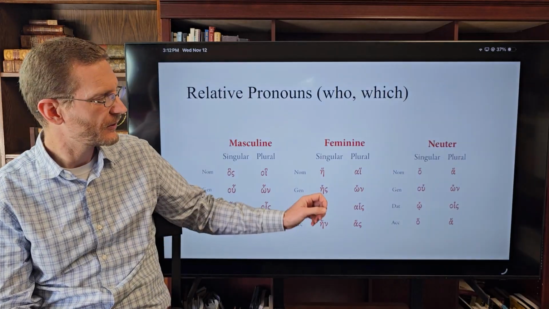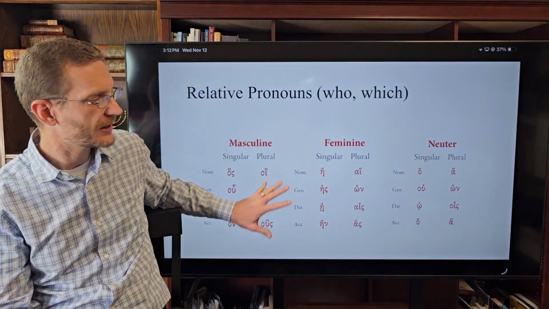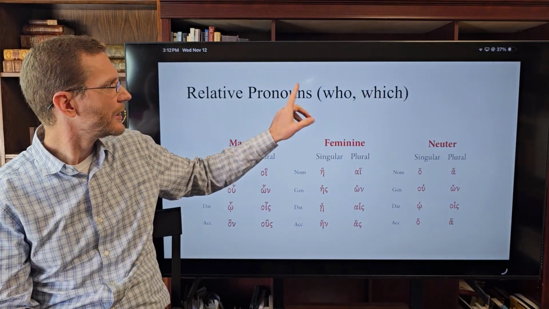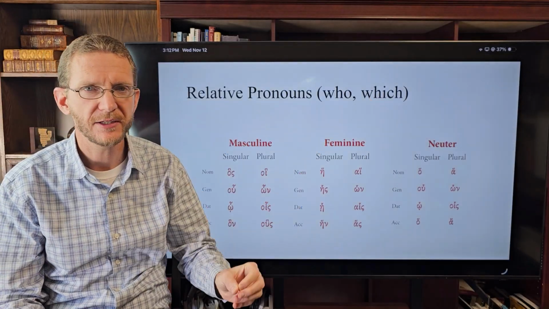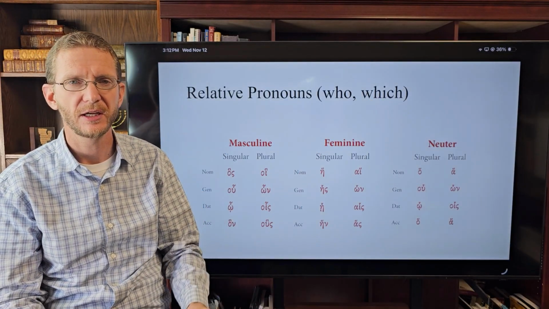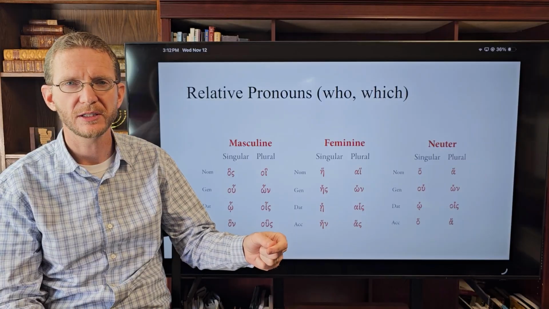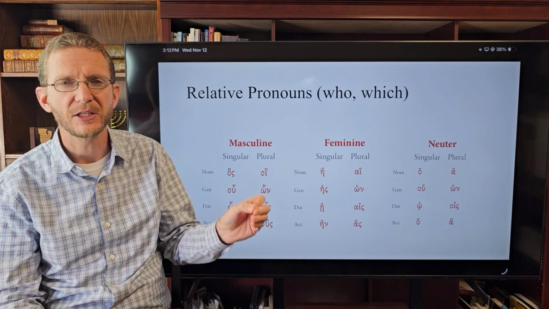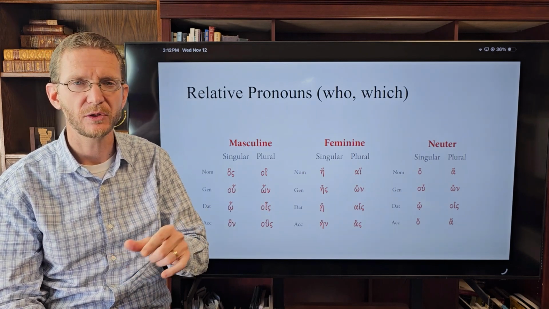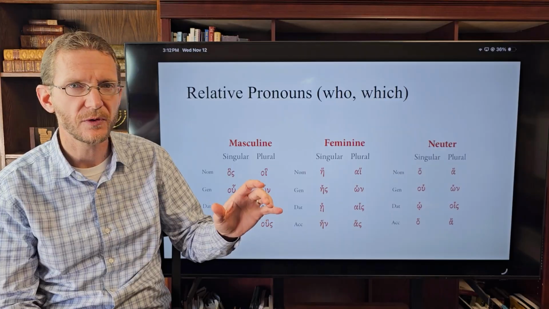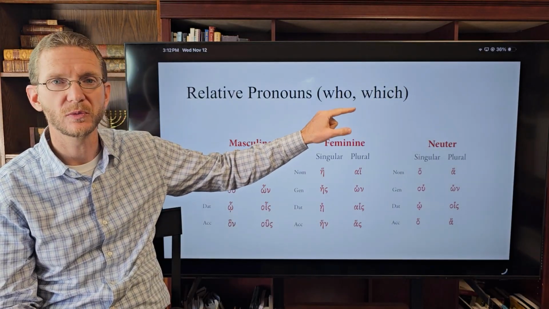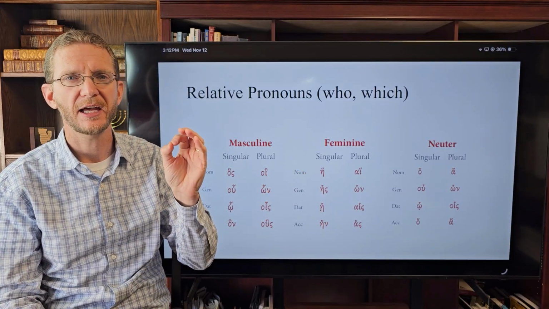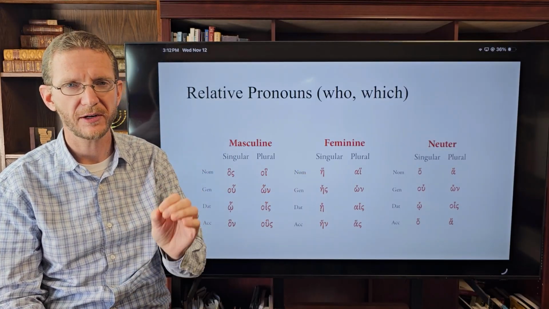These are the relative pronouns in Greek. And if you look, it's quite a large amount to remember: who and which. Now, relative pronouns introduce relative clauses. So, like, the man who walked his dog. Who walked his dog is a clause because it's a subject and a verb, but it's being used as a modifier to the man. So relatives introduce relative clauses, and they allow a whole clause to function as the adjective or modifier for an